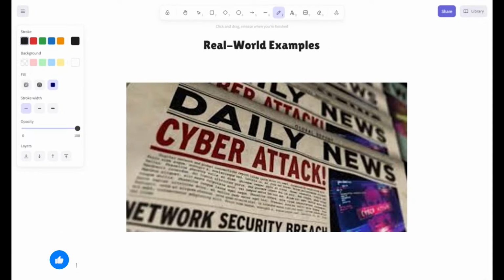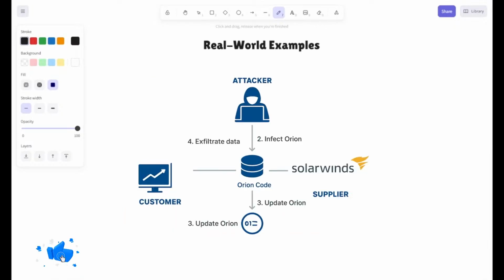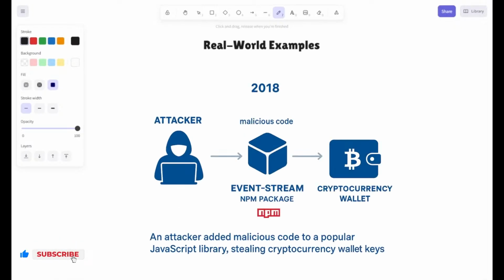Let's look at some real-world incidents. SolarWinds supply chain attack, 2020. Hackers compromised the SolarWinds Orion update system. Organizations like Microsoft and several U.S. government agencies installed the Trojanized updates, allowing attackers to infiltrate their networks. Event Stream NPM package incident, 2018. An attacker added malicious code to a popular JavaScript library, stealing